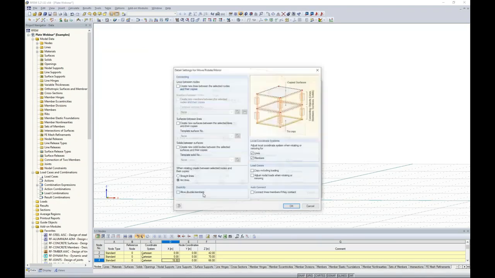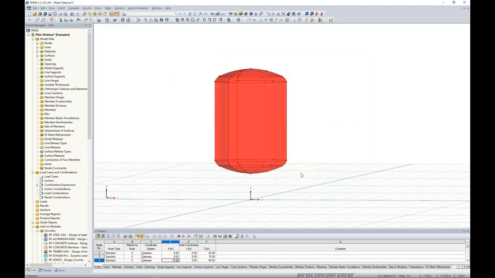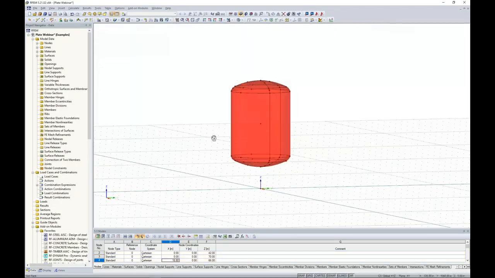But in addition to this, if I expand my detail settings here, this little magnifying glass, I then have the ability to create surfaces between my copied lines. So when I click OK through all of these dialog boxes, you'll notice that my surfaces